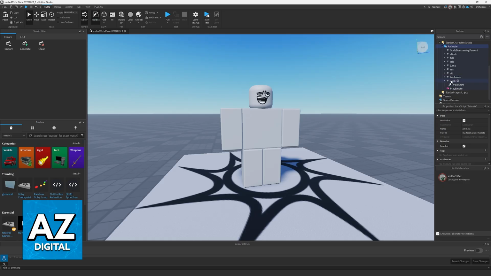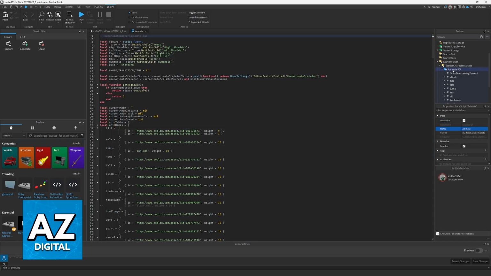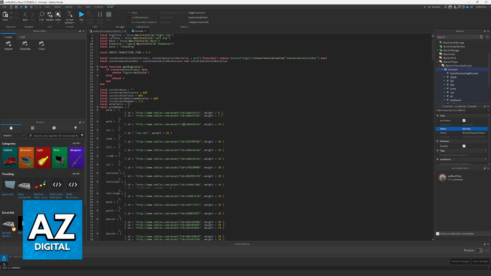Because I'm not only going to be teaching you how to change the walk animation, I'm going to select it here. But if you want to, you can change every single other animation available. So expand the specific animation that you want to change, click on it, and then copy the asset ID. When you published the animation, you were given an ID, and now all that you have to do is paste it here. So click on the specific animation, change the animation ID, and to finish this off, double click on animate and find the same animation and assign it here.